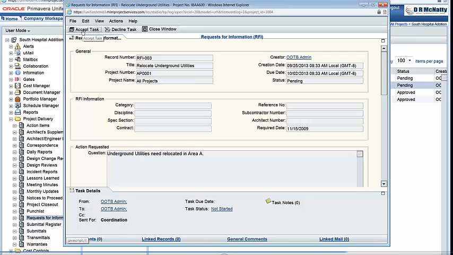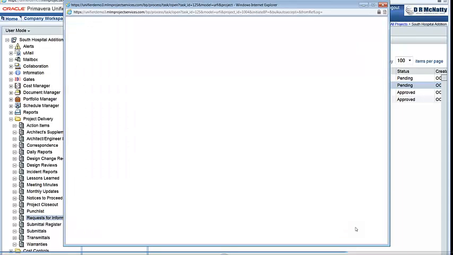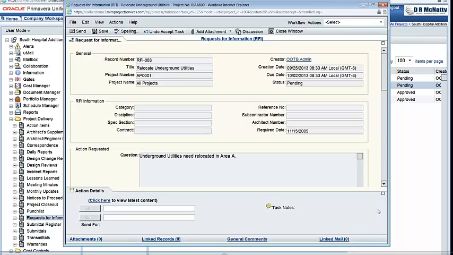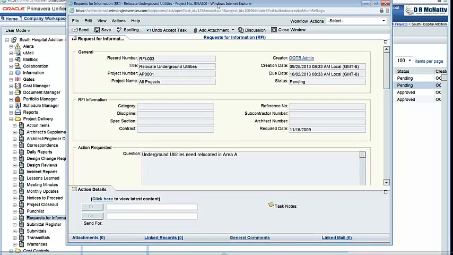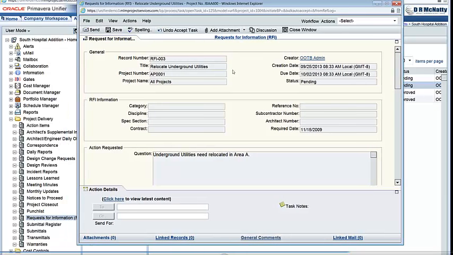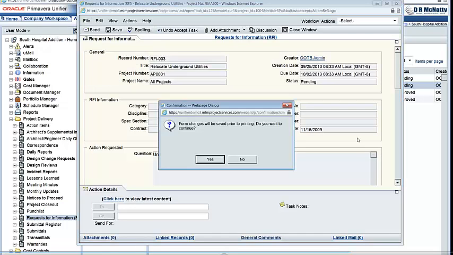I will accept the task. And in any further steps within this RFI workflow, you will have the opportunity to save a document design.